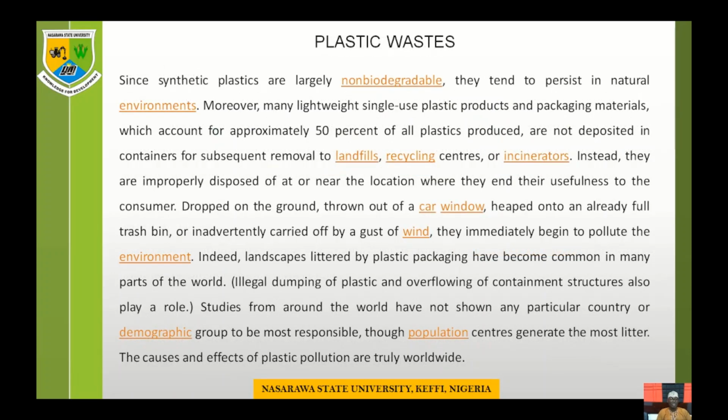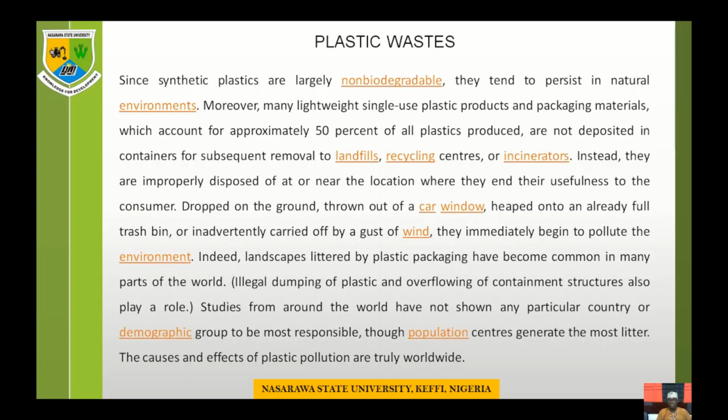Plastic wastes. Since synthetic plastics are largely non-biodegradable, they tend to persist in natural environments. Moreover, many lightweight single-use plastic products and packaging materials, which account for approximately 50% of all plastics produced, are not deposited in containers for subsequent removal to landfills, recycling centers, or incinerators. Instead, they are improperly disposed of at or near the location where they end their usefulness to the consumer, dropped